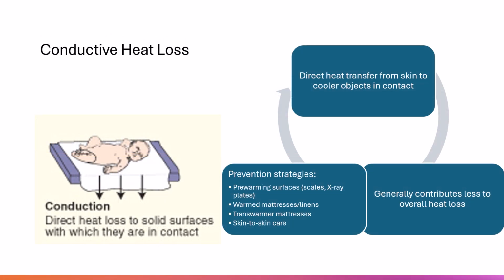Conductive heat loss happens through direct heat transfer from the baby's skin to cooler objects in contact with them. While this generally contributes less to overall heat loss than radiation or evaporation, it's still important to address. Prevention strategies include pre-warming surfaces like scales and X-ray plates, using warmed mattresses and linens, employing trans-warmer mattresses, and implementing